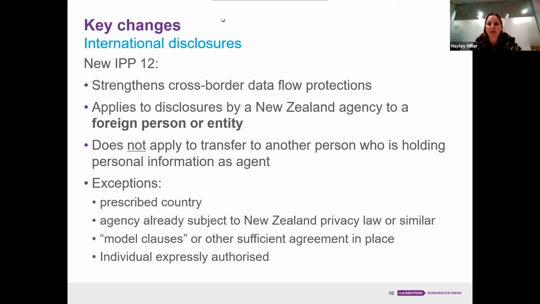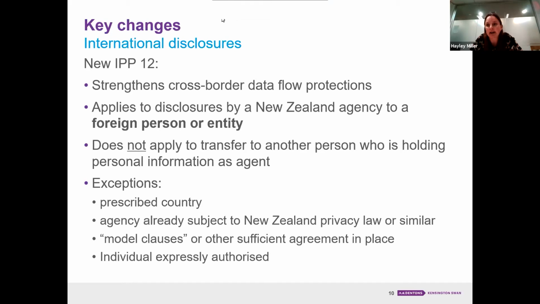So they have finally, a little bit late, but come up with model clauses, which we'll talk about in a second. And this essentially is the concept that if you are disclosing, you have to take more steps than you used to if somebody isn't complying or doesn't have to comply with the Privacy Act. And how do you do that? You contractually do. A key element with this for larger businesses, of course, is that third parties also includes related entities. So if you've got subsidiaries, holding companies, other group companies in overseas jurisdictions, this needs to be factored in.